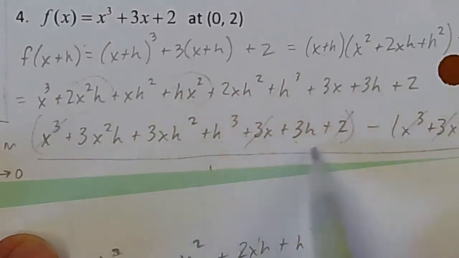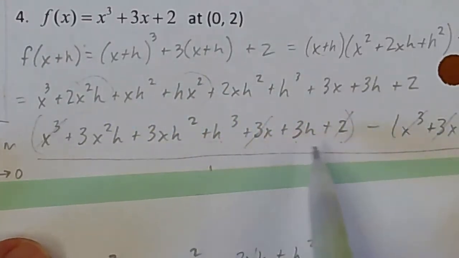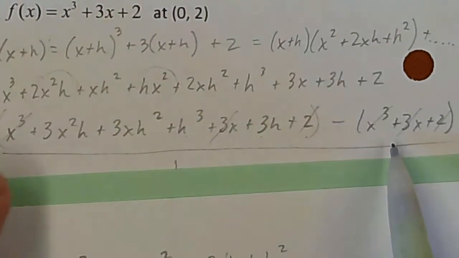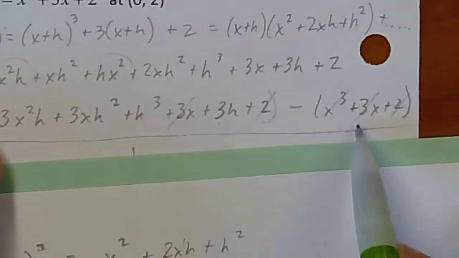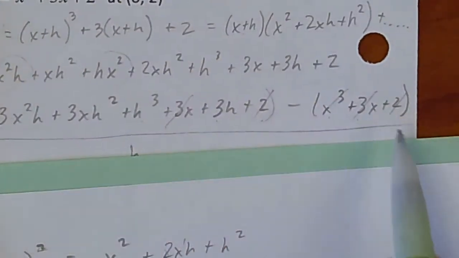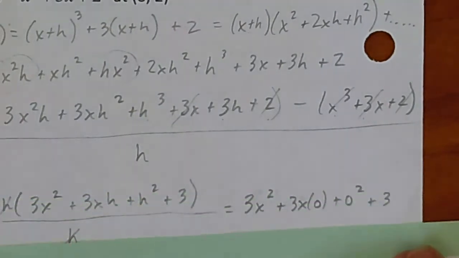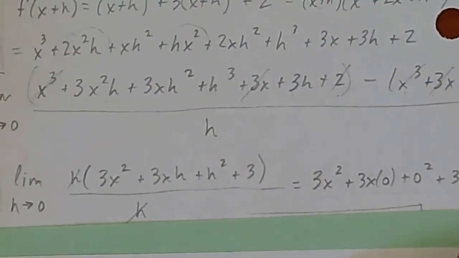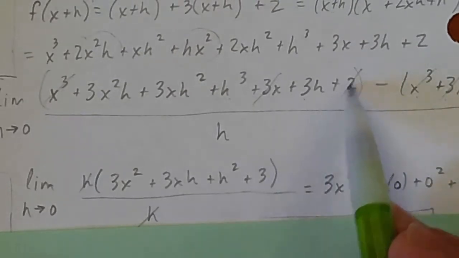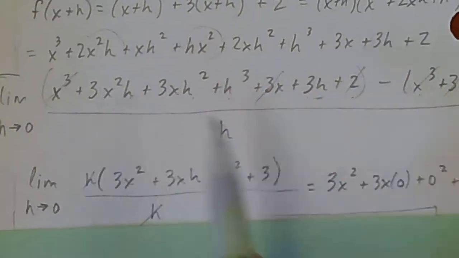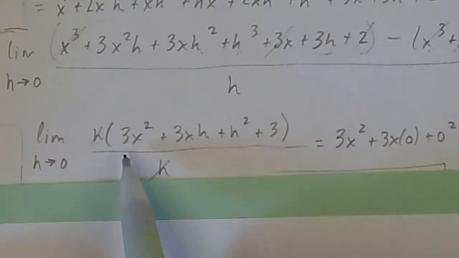It's a lot of terms. Minus f of x, and then look, some things start to cancel out right now. X cubed, gone. 3x is gone. So is the 2. So then it cleans up like this. And I took the h out in the same step, just so that we save some writing. Everything I had left, I noticed had an h in it. Here, here, here, and here. So if we factor that out,